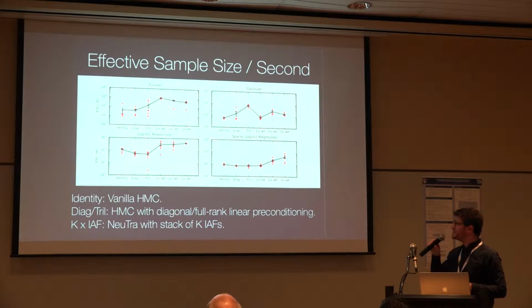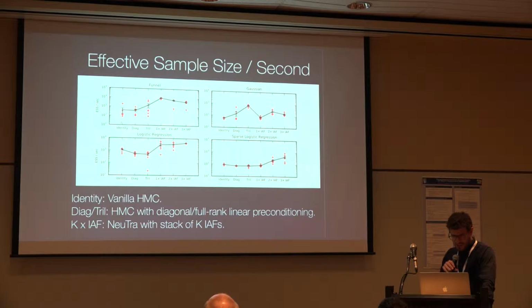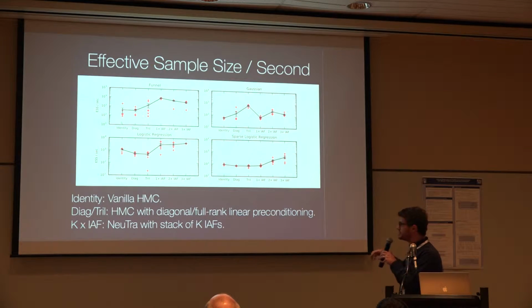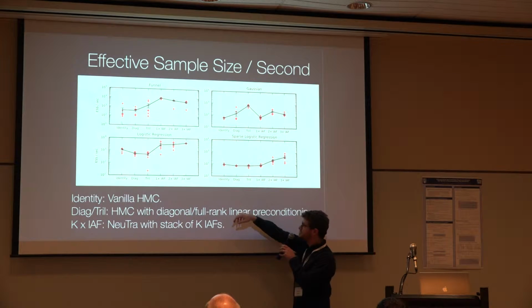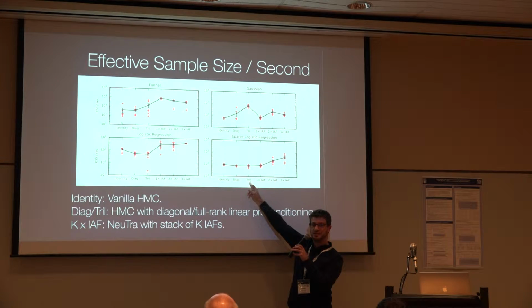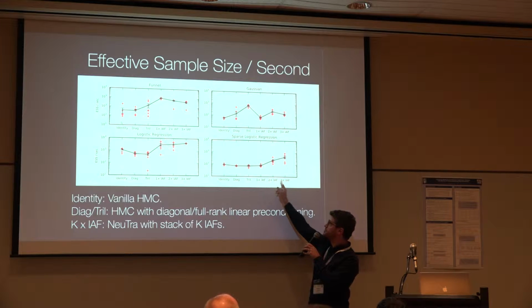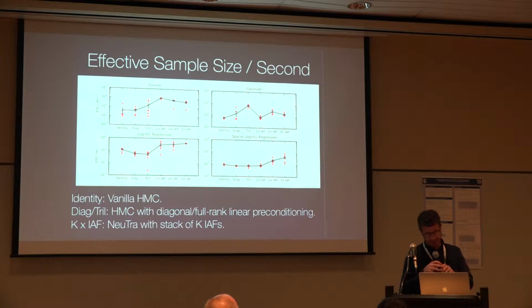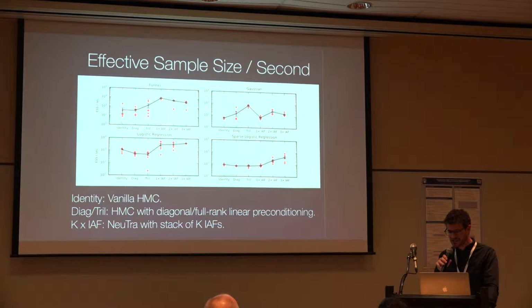Some more quantitative results, effective sample sizes. We usually get a nice speed up in terms of what is a fairly conservative number of effective samples per second. This includes the cost of back propagating through the bijector. On the funnel, the way to read these is these three things on the left here, identity, diag, and tril. Those are no preconditioning, diagonal linear preconditioning, full rank linear preconditioning, and then preconditioning with 1, 2, or 3 IAFs. And basically, we get typically a few x to maybe a 10x speed up